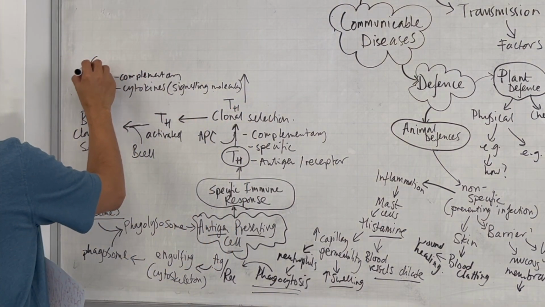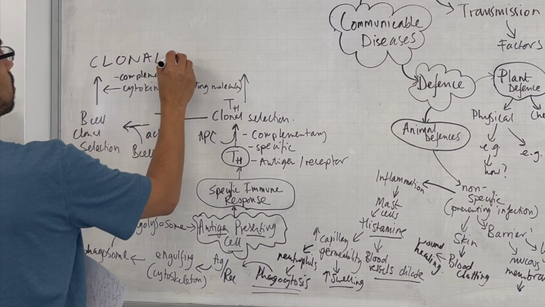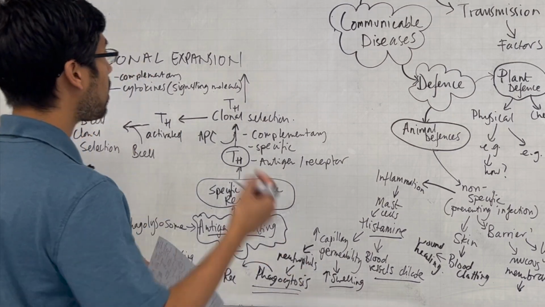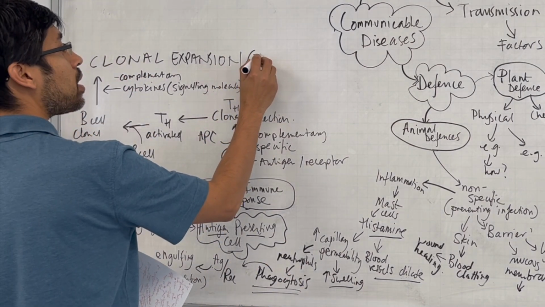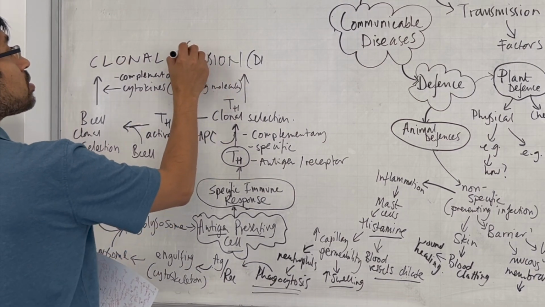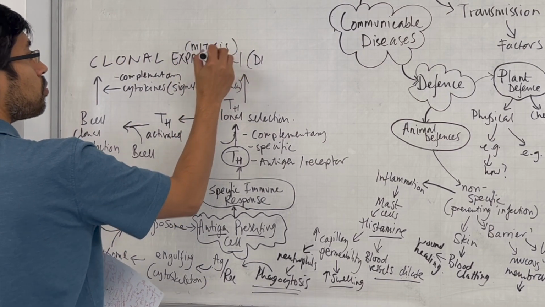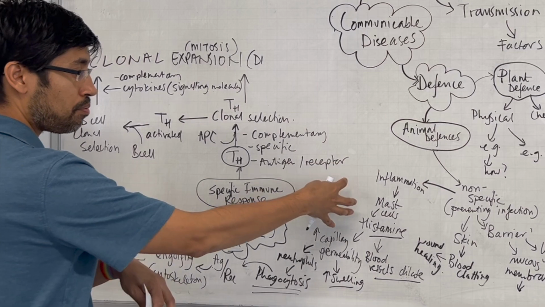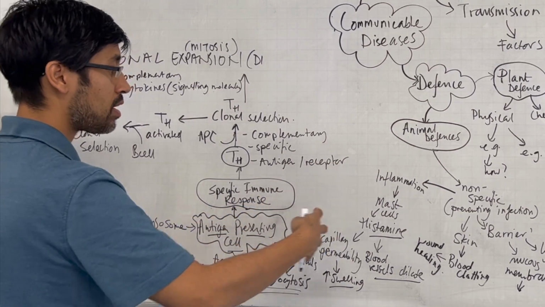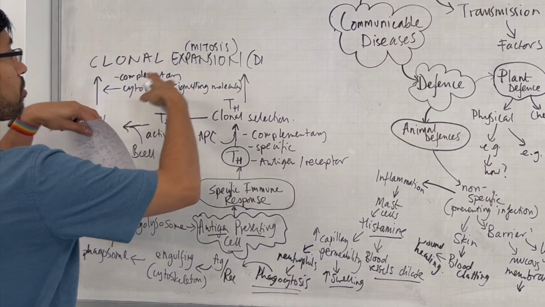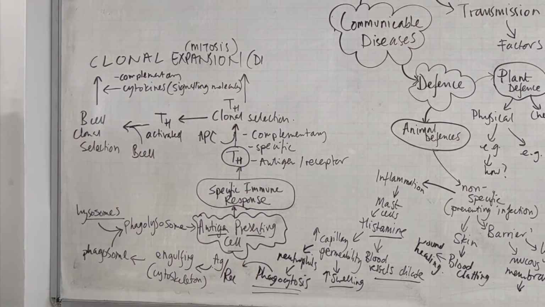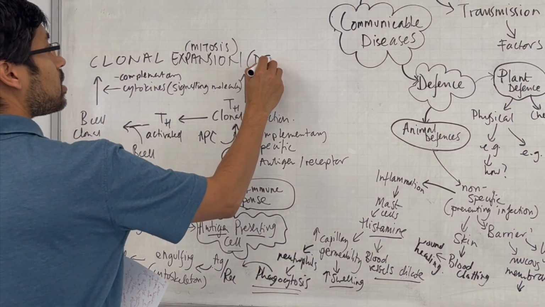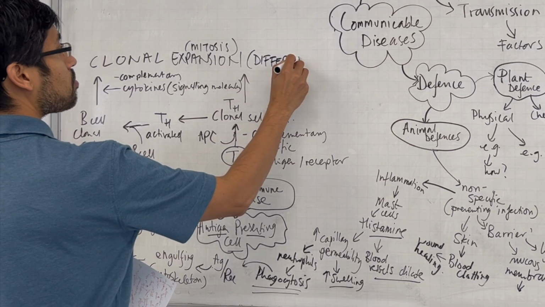We've got activated cells now, and these will undergo clonal expansion. Now, clonal expansion also includes the expansion happening by mitosis. We're expanding the cell numbers to be able to handle the growing pathogen numbers, because the pathogen has caused an infection. They are multiplying, so we need to multiply our immune cells, our lymphocytes. So clonal expansion happens, but clonal expansion is accompanied by not just mitosis, but